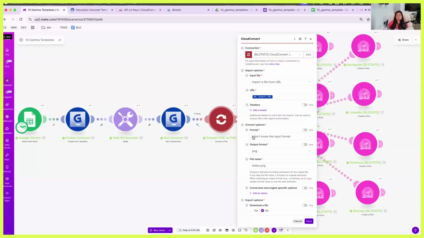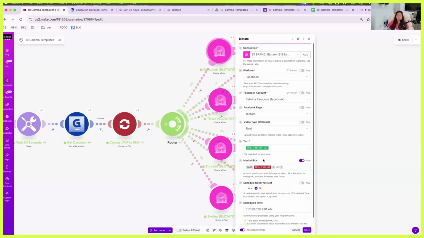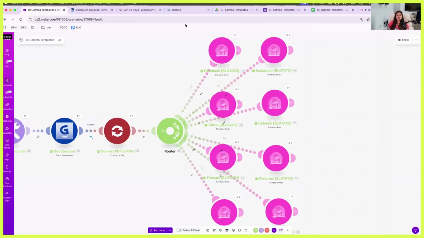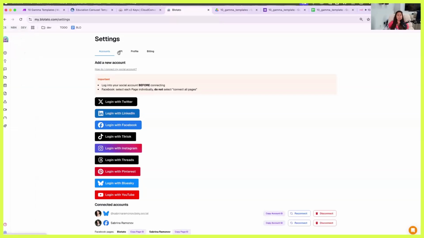Okay. So the most important thing here is to set the output format to PNG. And once we have that, we don't have to upload media to Blotato or anything. I actually just removed that step. You may already have that in your old flows, which is fine, but you actually can just pass in the URLs now. So here in Blotato,